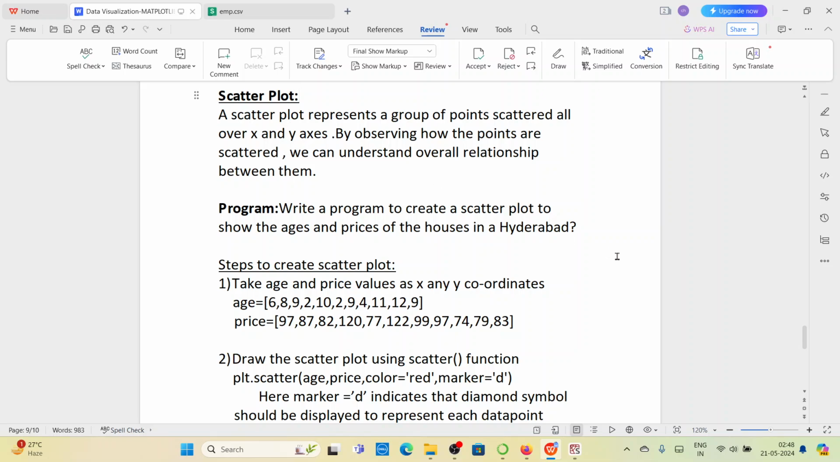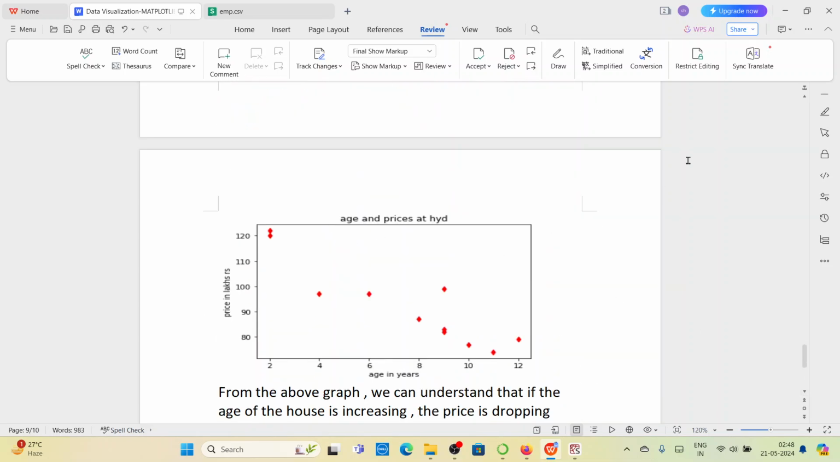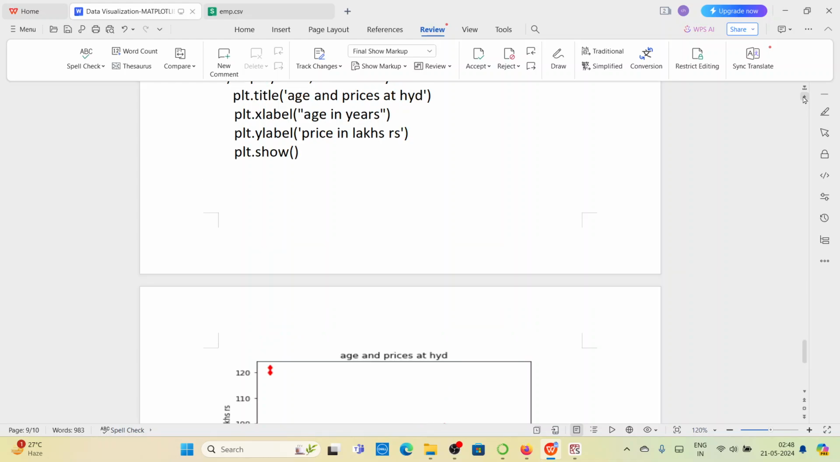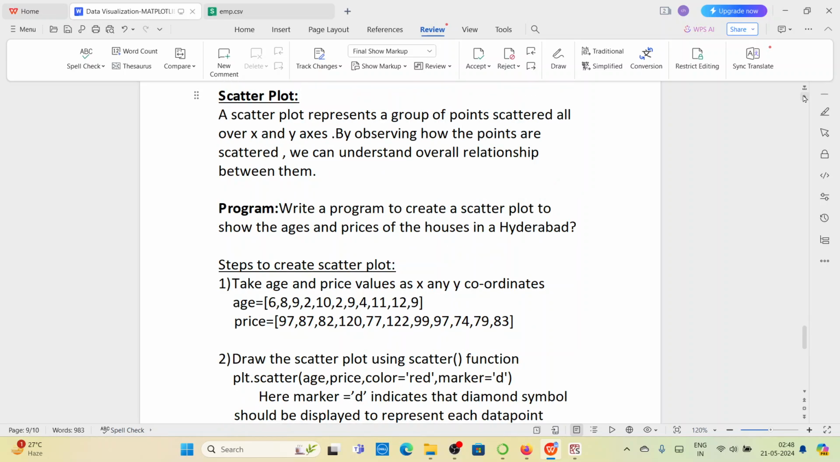Okay, so it is similar to a line graph, but it represents the data as points. Like this, it shows points here, whereas a line graph shows a line. A line graph gives the line, and here the scattered points just scatter all over the x and y axis. By observing that, we have to understand what kind of relation there is between the two columns. With a simple example, we can